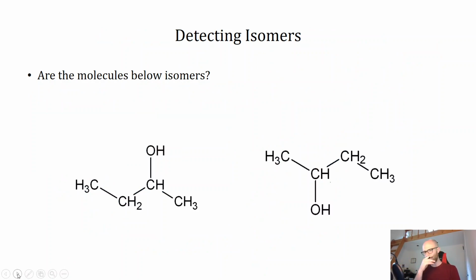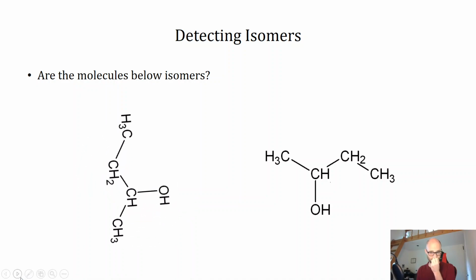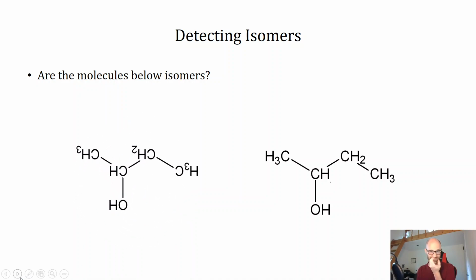But just to give you a bit more of a framework for detecting these isomers, the one thing we have to think about with organic chemistry: do you think that these two substances are isomers of each other? And the question is, do they have the same molecular formula but different structural formulas? And to look at it, it looks like they're kind of different, right? Except not really. You have to remember these molecules flop,